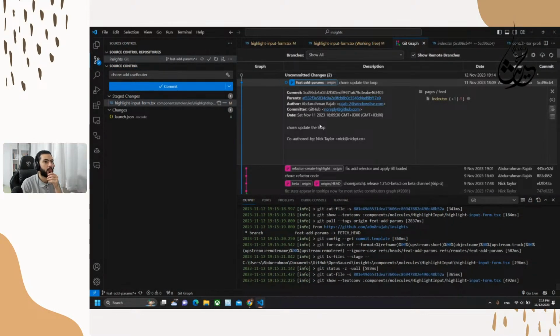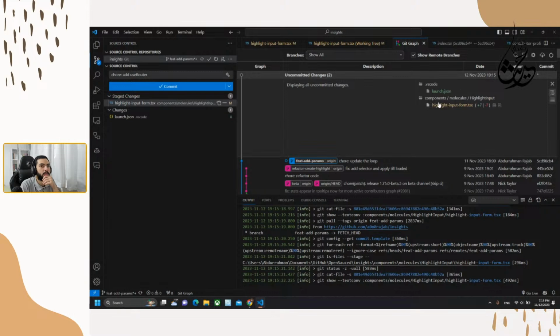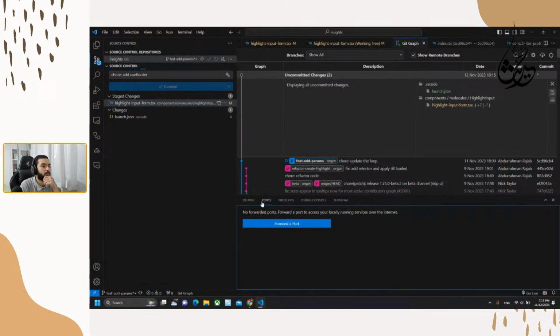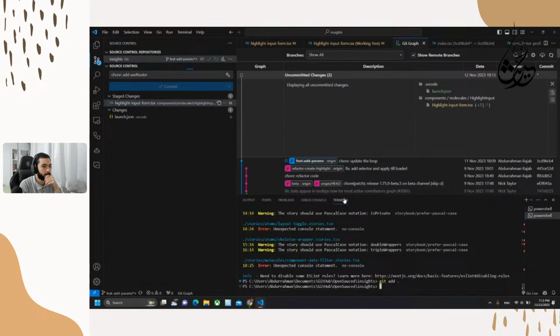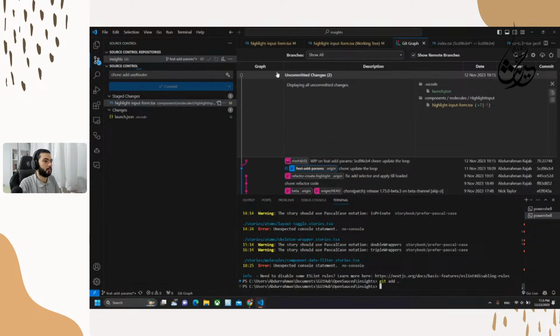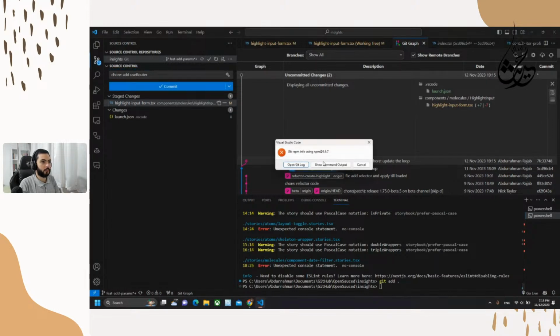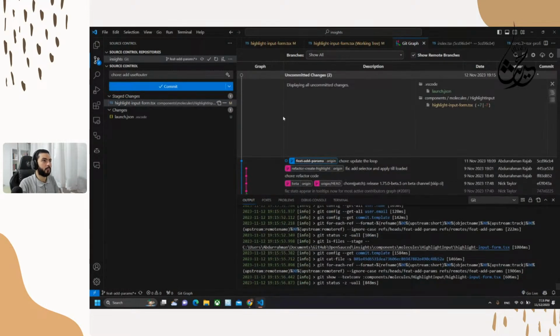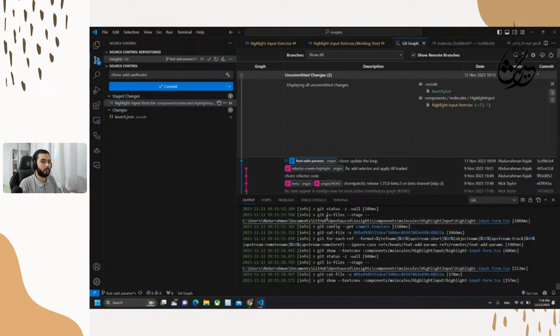But committing the new changes is making the error here, which is kind of the first time for me.